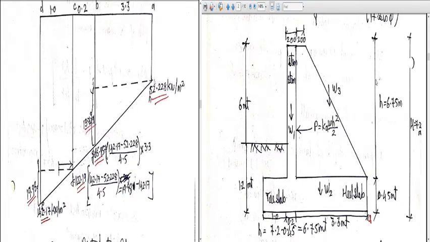So at point A it is 52.228 kilonewton per meter square, and at D it is 142.17 kilonewton per meter square. This section is nothing but where the stem is located and joining here, you can see. So this is 0.2 meter, and this is also the same 0.2 meter. So I have divided into A, B, C and D.